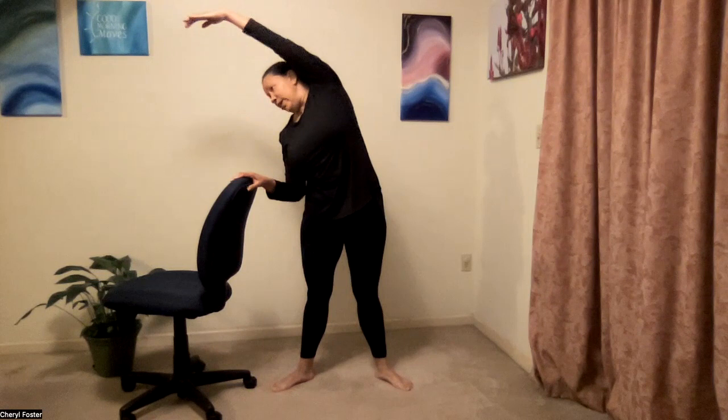Here we go. Down, knee is going directly over the center of the foot, and 2, and 3, last time, and 4. Okay, now I'm going to turn my chair to the other side so that we can get a nice reach on the other side, and you're still checking your balance by holding here. All right, so reaching to the side, all the way up, and to the other side, lifting up and over. One more time, all the way up